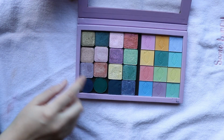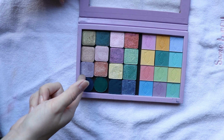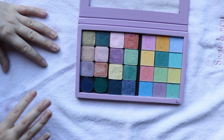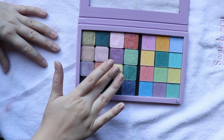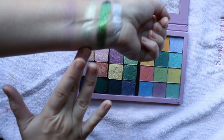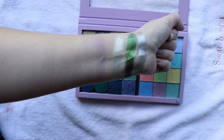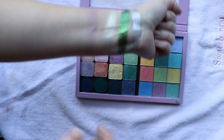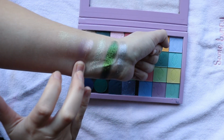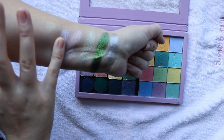Next up we have some Menagerie Cosmetics shades, and then these Makeup Geek shades, which these are actually super metallic, so maybe we could get a winner from there. I'm gonna swatch this yellow from Menagerie. These are super chunky. I'm not really the biggest fan of them, and it's pretty shiny, but definitely not shiny enough to make it through. And then this is just a Makeup Geek shadow. Okay, I thought they look pretty metallic, but